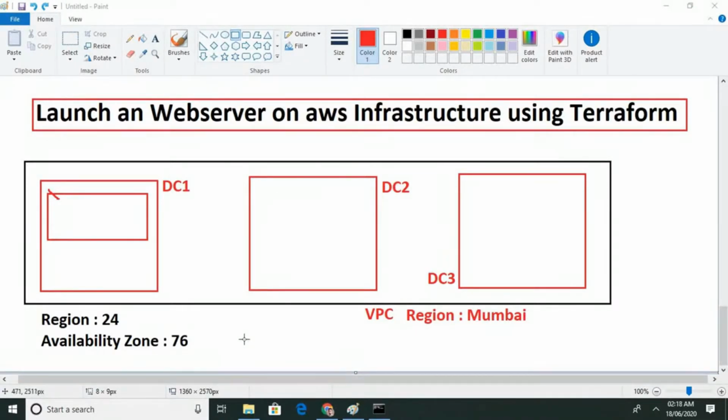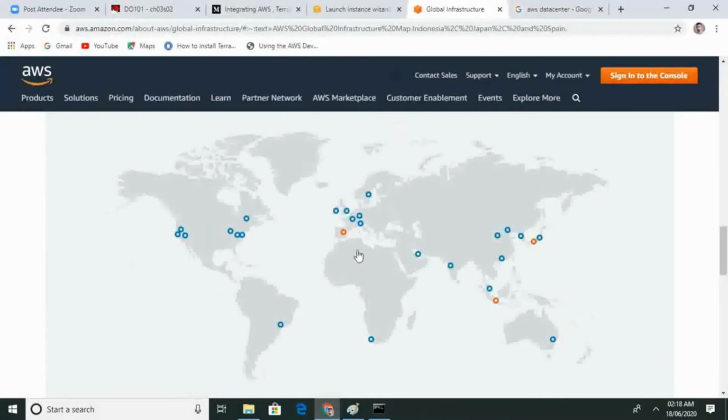So AWS is providing services in different regions. There are a total of 24 regions, I mean, there are 24 countries where they are providing services. I have a picture also. You can see here they are providing services in Canada, in Oregon, in Bahrain, in Cape Town.